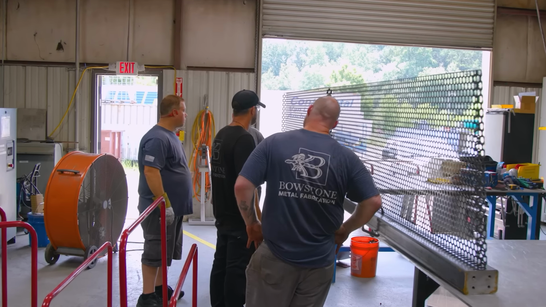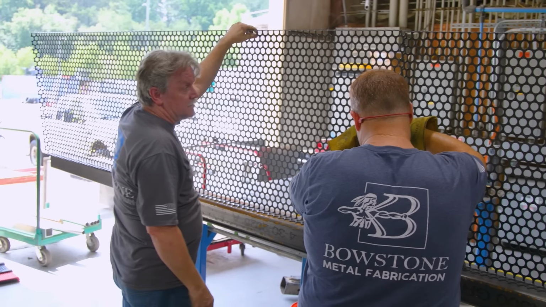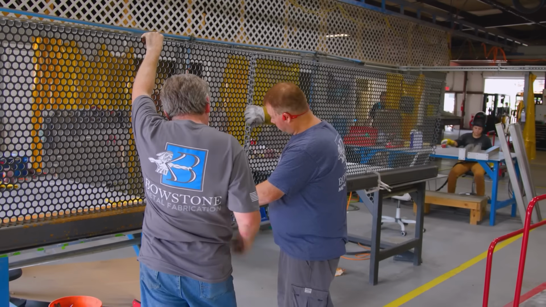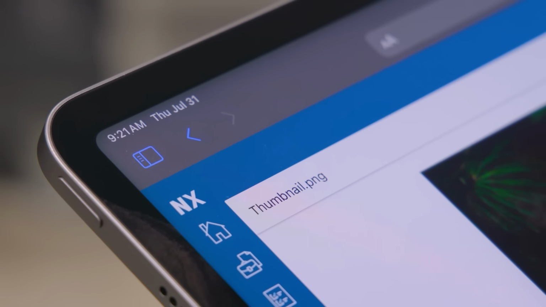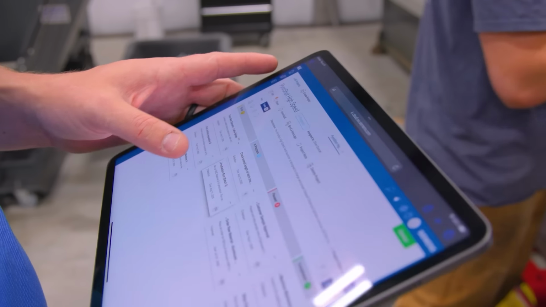When we started out, we were managing our customers through spreadsheets and emails and stuff like that, and it was brutal. There was a lot of heartache, a lot of dropped balls, and we couldn't deliver how we thought we should deliver. Our customer service wasn't there. NX Essentials has been amazing for us. When we found that product, it changed our whole world. We were able to communicate and collaborate with our customers, our vendors, our staff, and manage projects, parts, deliveries. It's been a game changer for us.